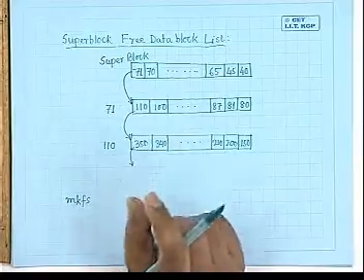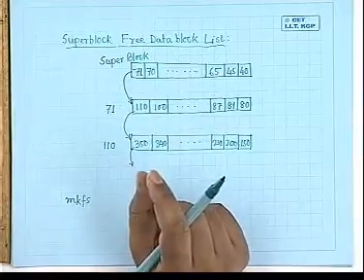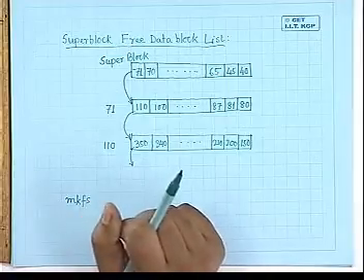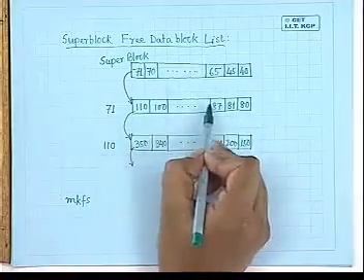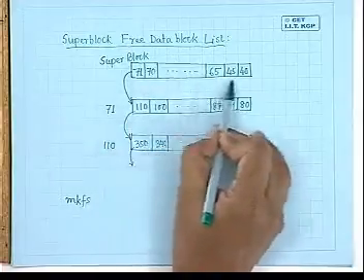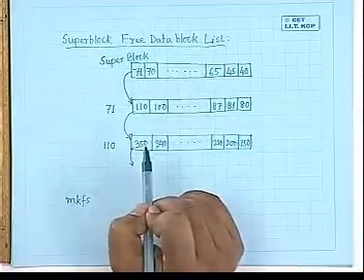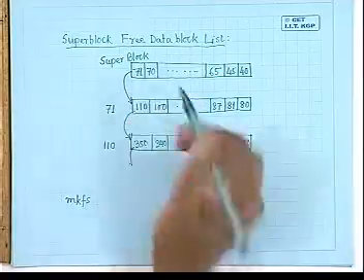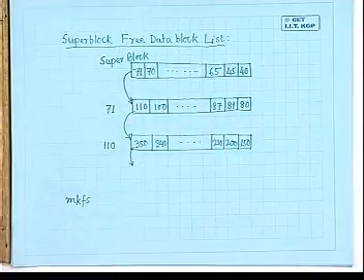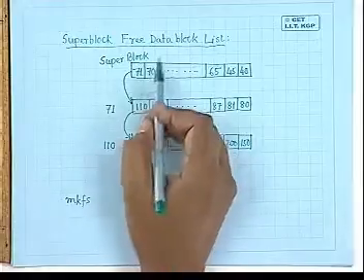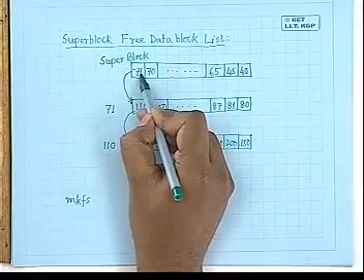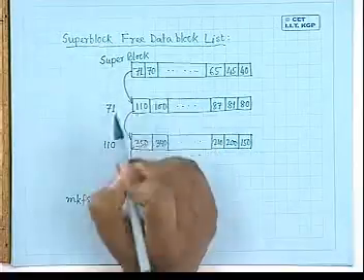So in the process you have a number of empty entries in the super block. That is, the number of block numbers present in the super block is reducing. Finally I will come to a stage when this super block free block list will be empty, and that is the situation when block number 71 is to be allocated. Now when I come to a situation like this, where block number 71 is the last block number present in the super block,